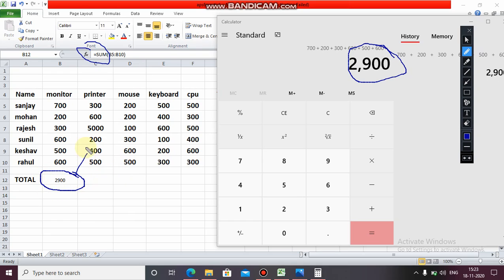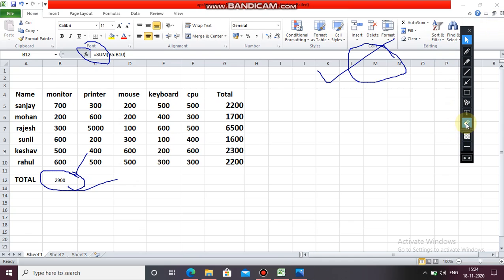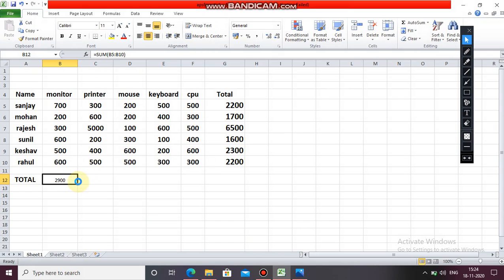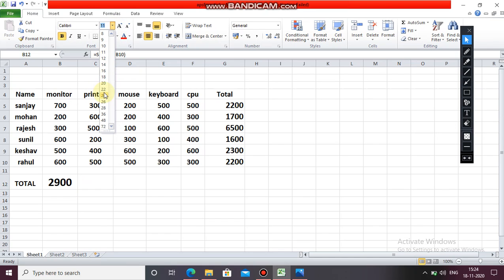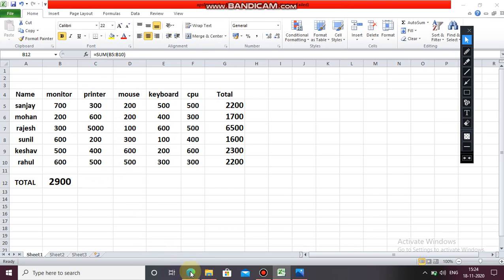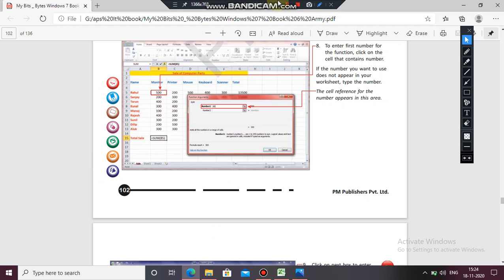So you have used a sum function with the function here. You have just selected the process and you got the answer. Both are correct. Okay. So in this way you can use functions in your data. Okay. I think it is very easy. Control V for your data and also increase the size of your data. Okay. Coming to the textbook, as you have seen, what are the things mentioned?